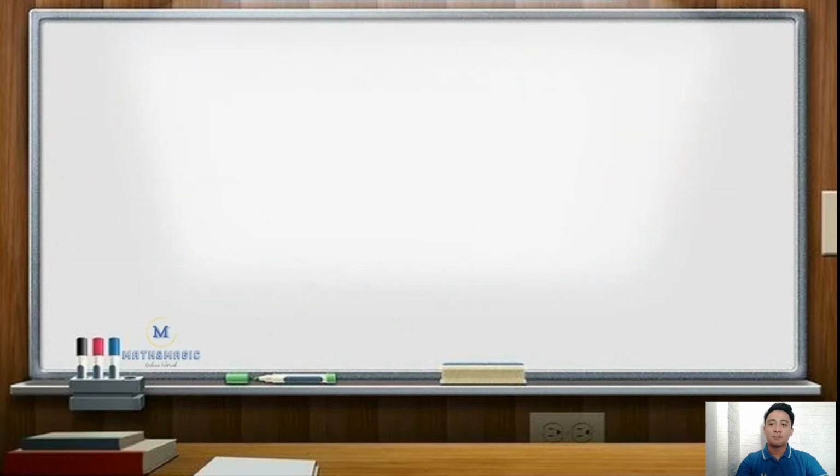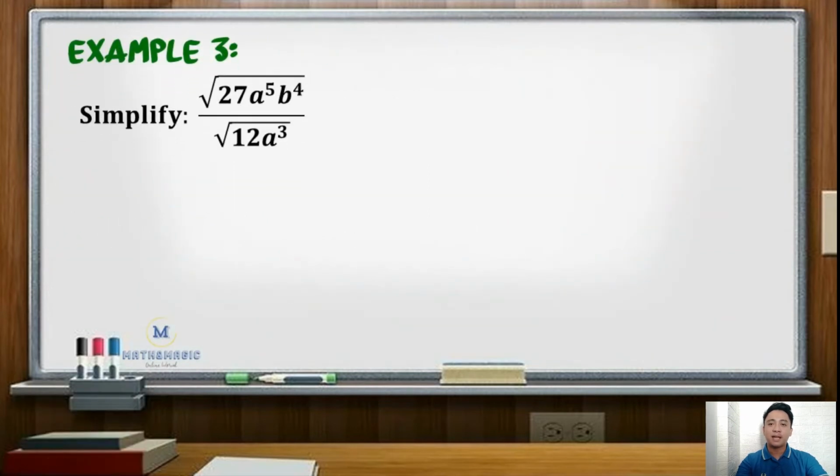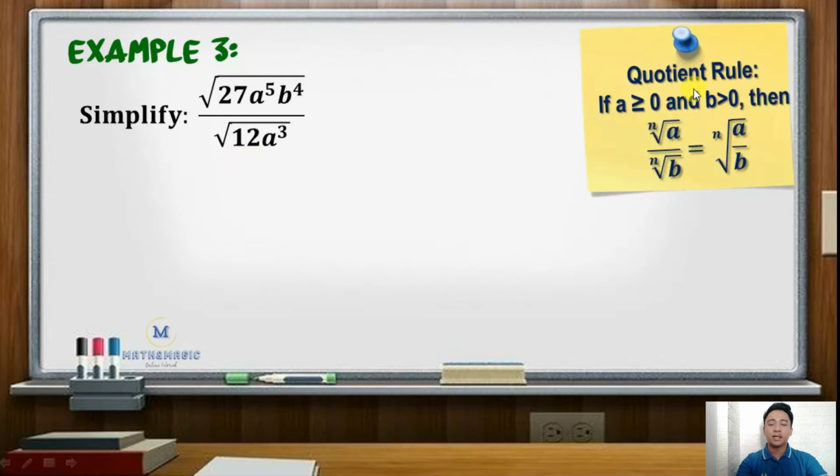For our third example, simplify the radical expression square root of 27a raised to 5b raised to 4 all over the square root of 12a cubed. For this item, we have to remember the quotient rule in radicals. This rule states that if a is greater than or equal to 0 and b is greater than 0, then